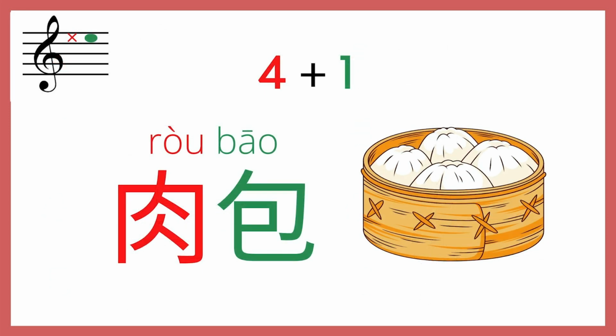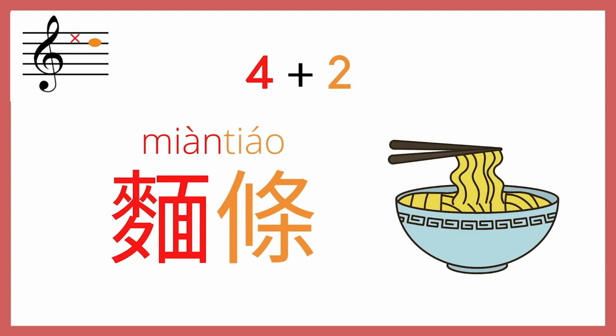4-1 sounds like ma, ma, and an example of that is 肉包, which means pork bun. Well, technically, 肉 means meat, but most meat buns are made of pork, if you've ever eaten these types of buns before. So, there you have it, 肉包. Next, 4-2. 面条 means noodle, or noodles, like in the picture here. I'm getting kind of hungry. Anyone else? Hang in there, we're almost done, and then you can reward yourself with a snack.